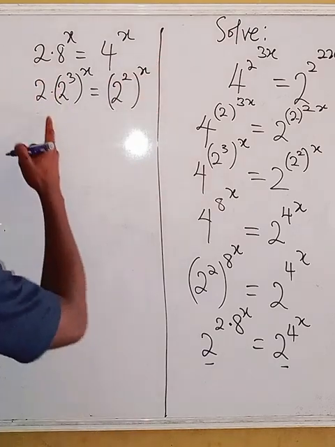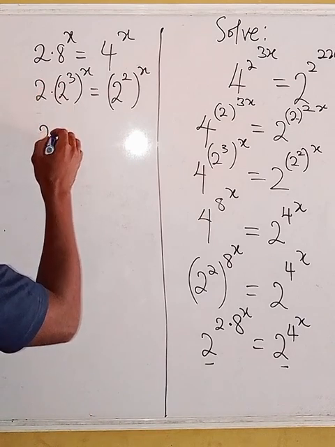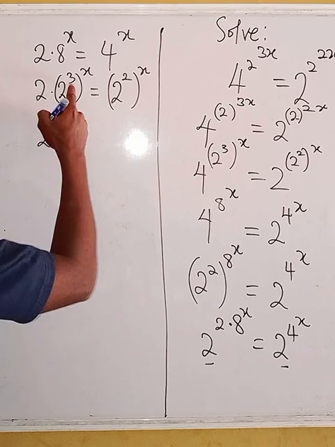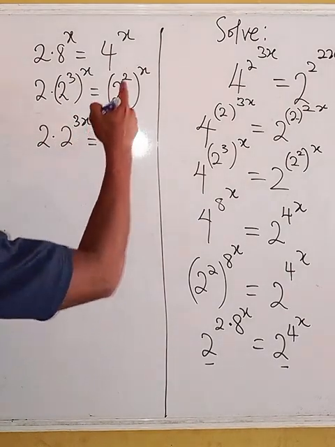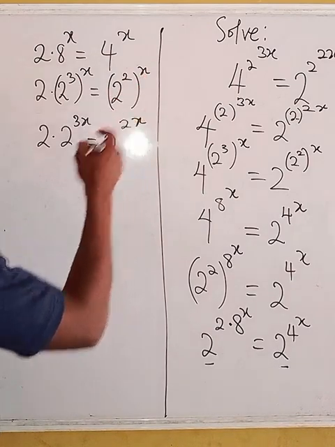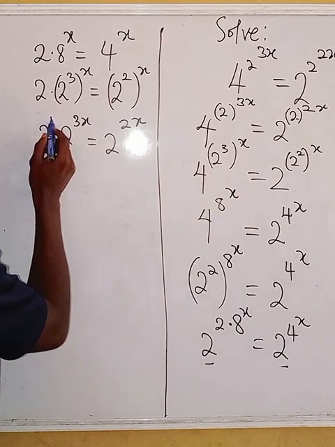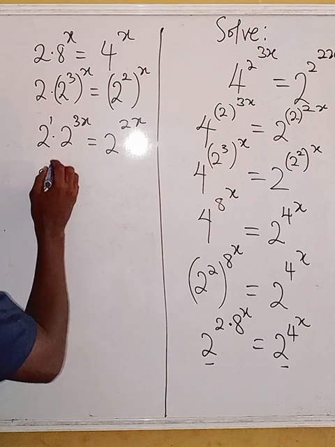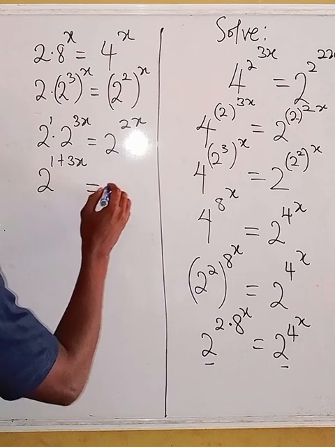Are you following? So now from here, you can see that we have 2 to the power 2 multiplied by 2 to the power 3x, which gives 2 times x, we're going to have 2x. Now from here, we can see ordinarily this 2 is having power 1. So this is going to be 2 to the power 1 plus 3x from the law of indices